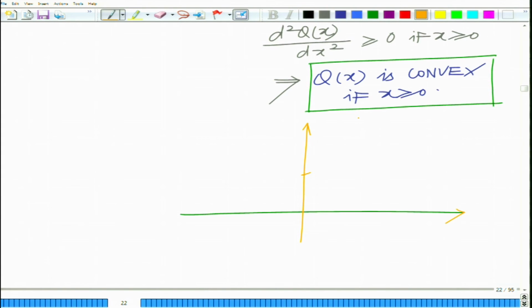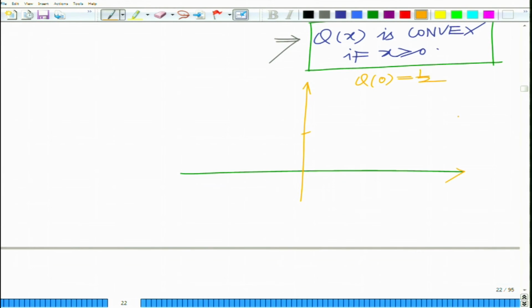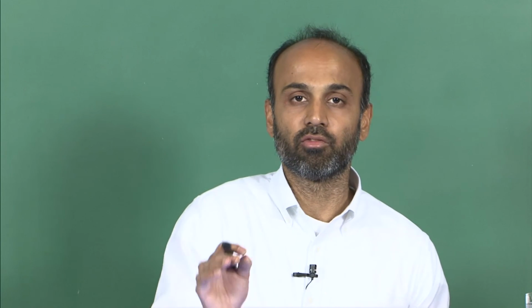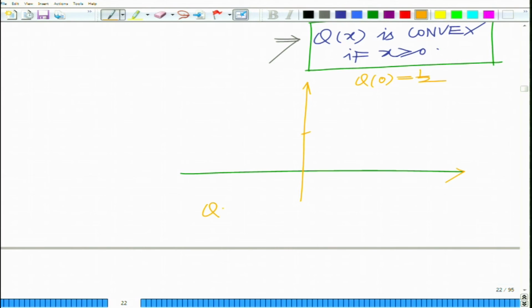At 0 we have Q of 0 equals half, because this is a CCDF, the probability that x is greater than 0 is the point of symmetry, correct. Q of 0 is the probability that x is greater than or equal to 0, which is half, which is equal to the probability that the random variable x is less than or equal to 0 for this standard Gaussian random variable with mean 0 and variance 1. Okay. So, Q of 0 equals half equals the probability x greater than or equal to 0,